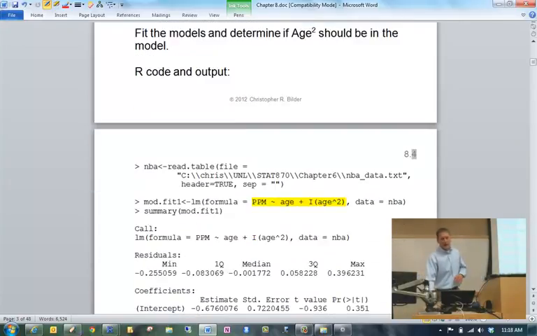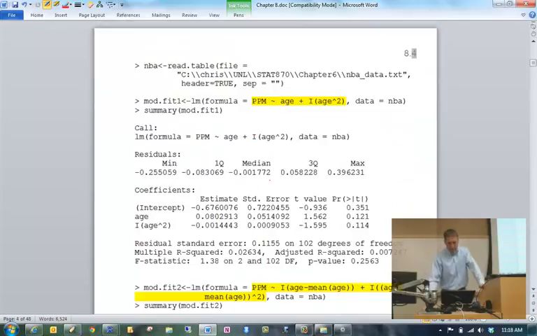So let's estimate these models. First thing I'm going to do, of course, is read in my data set. To estimate the model, we've already done a little bit in Chapter 3, estimating models where we have a quadratic term. So I put in my response, ppm, tilde, age, that's my x, and then age squared has to be represented as I(age^2).